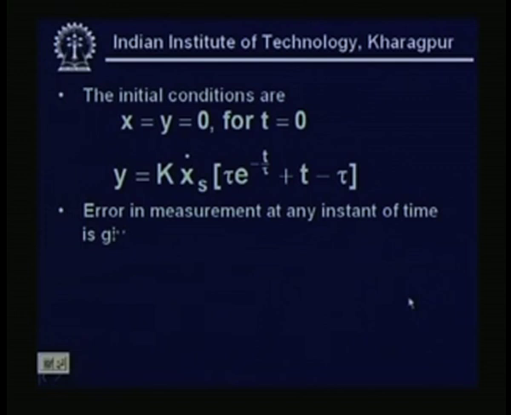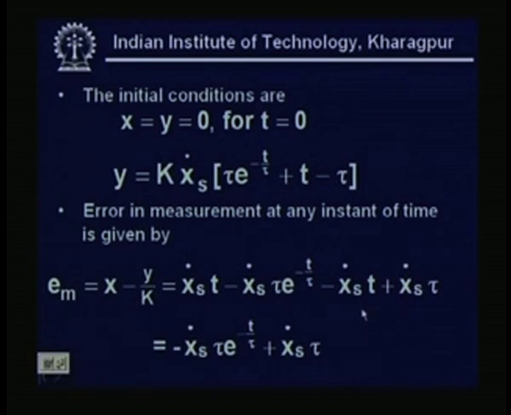Now, the error in the measurement at any instant of time will be given by e_m equal to x minus y by k, which is x_s dot into t minus x_s dot tau e to the power minus t by tau minus x_s dot into t plus x_s dot into tau, equal to minus x_s dot tau e to the power minus t by tau plus x_s dot into tau, right. Sorry, let us go back. So, this is our